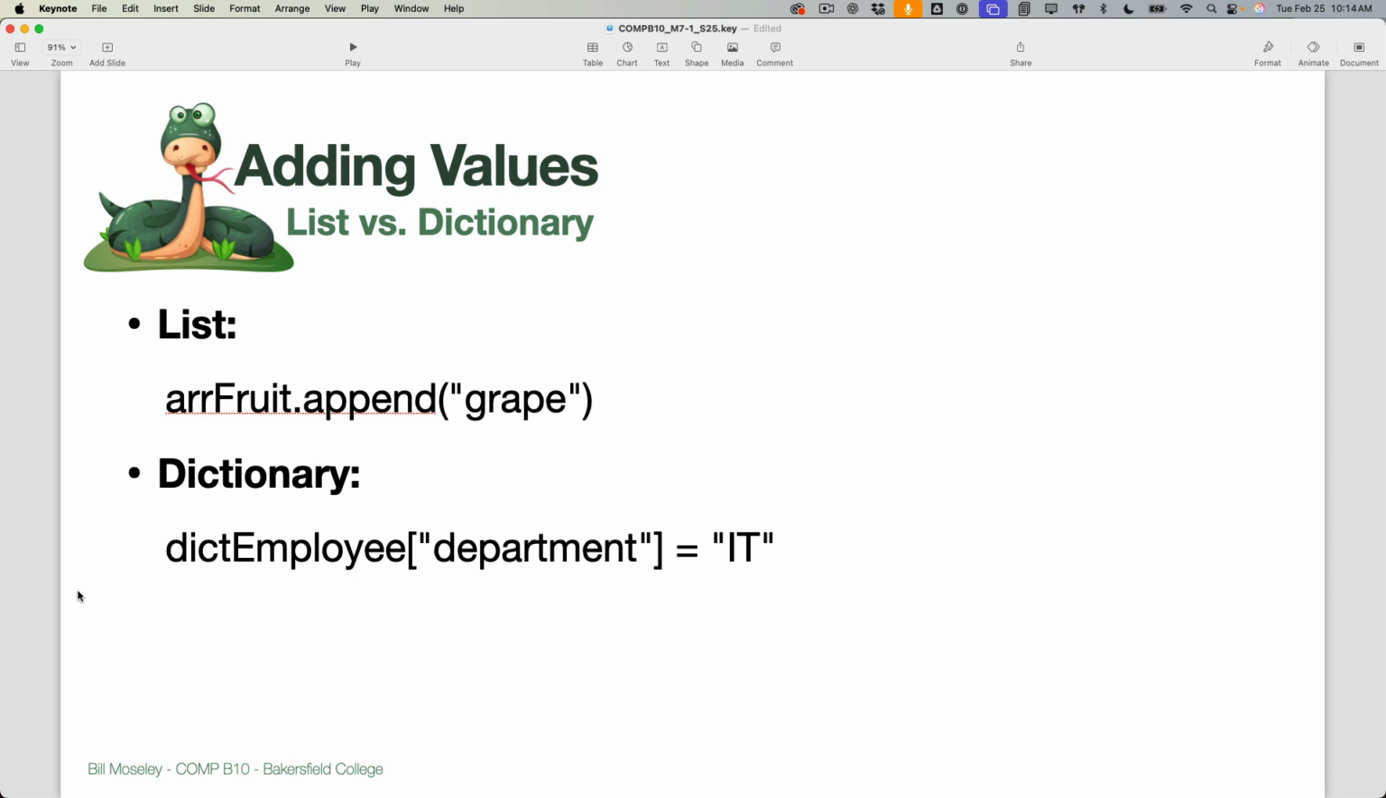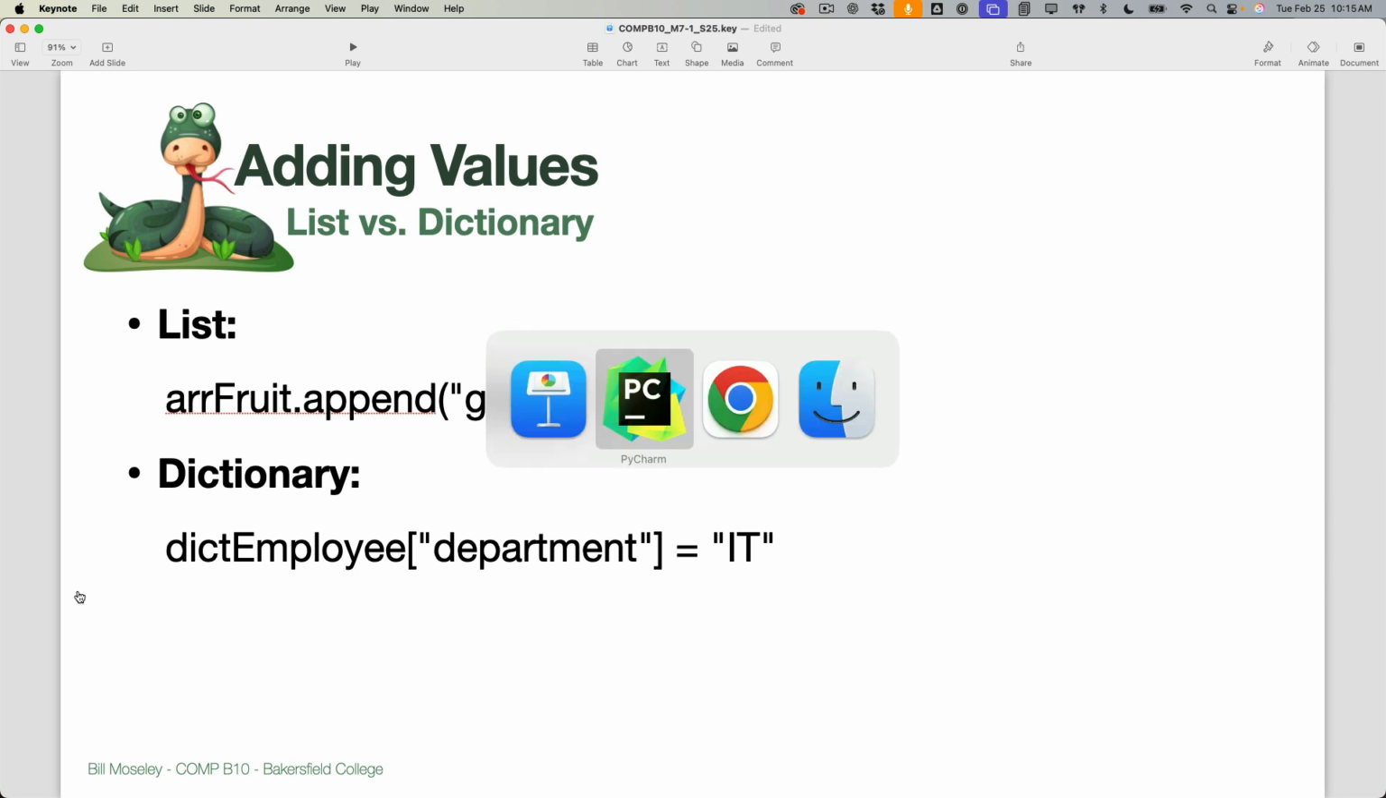And then for a dictionary, it's a little bit different because in a dictionary, remember, we're not specifying the order of things. We have to put it in a new slot. So you're just creating a new thing here. You're typing a new key and you're putting the value in it in the same line. So in a dictionary,